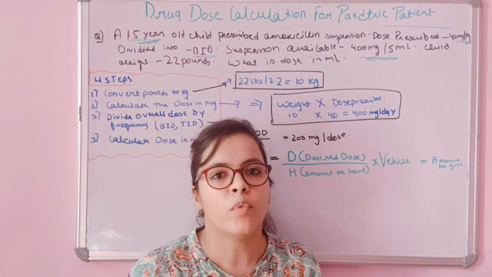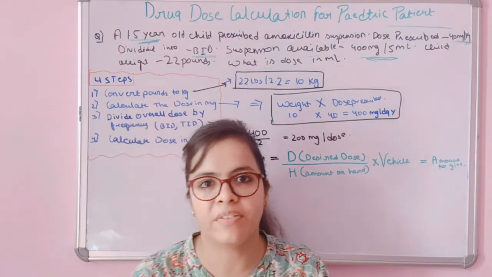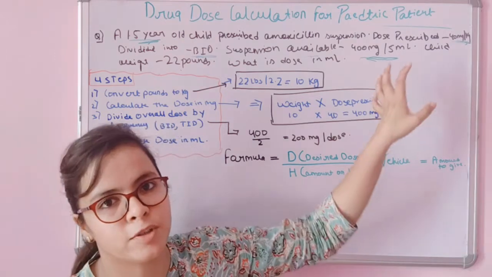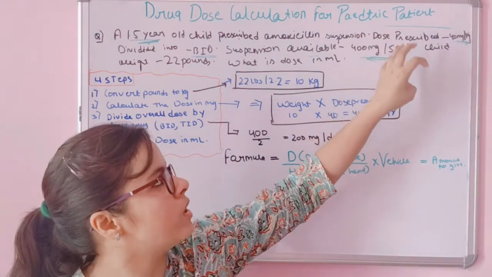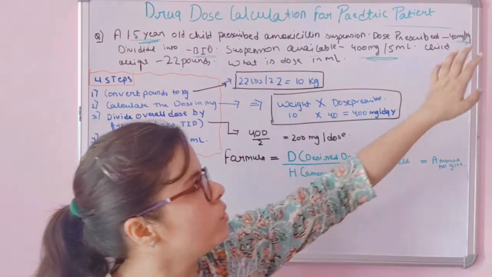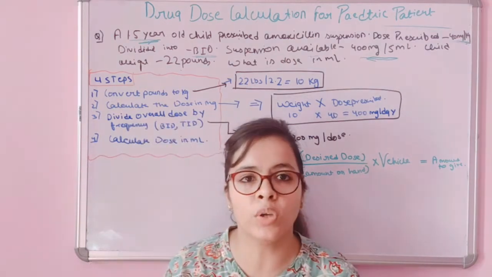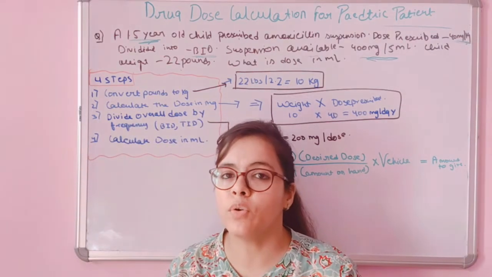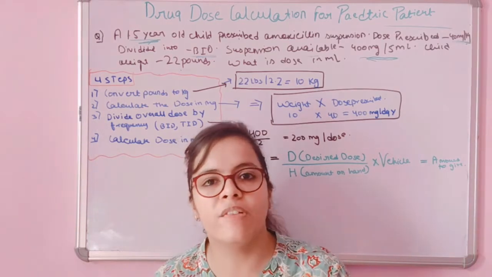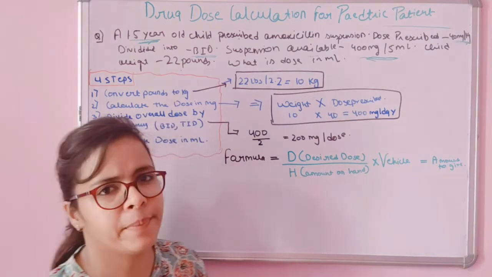So now what you have to do, the question says that there is a child of 1.5 years of age, the dose to be given is 40 mg per kg and the suspension which is available is 40 mg per 5 ml. Now, as you know that it is 40 mg per kg, you have to convert the dose into ml, because if you are giving a syrup or a suspension, that has to be given in ml form. So what basically you have to do, it is a very simple trick.